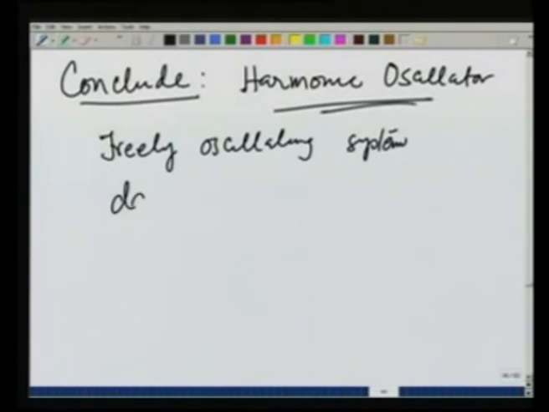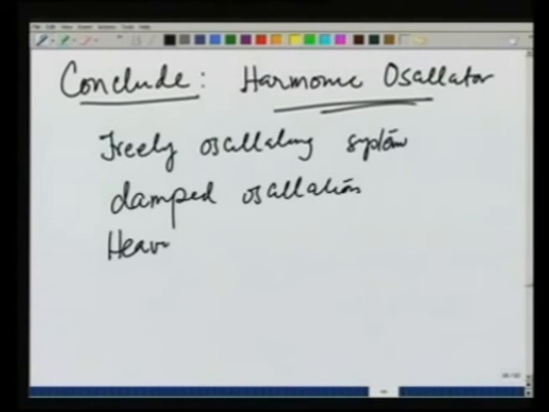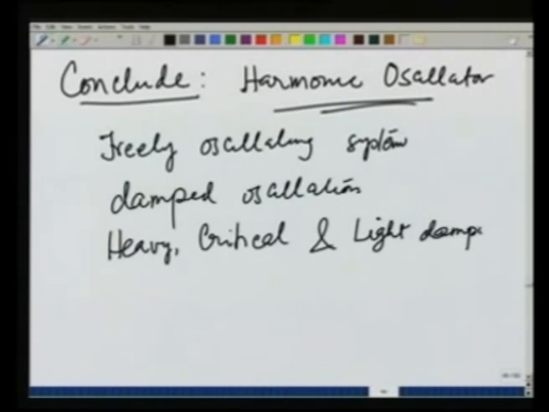We have also looked at damped oscillations in the regime of heavy, critical and light damping. We have also looked at forced oscillations,